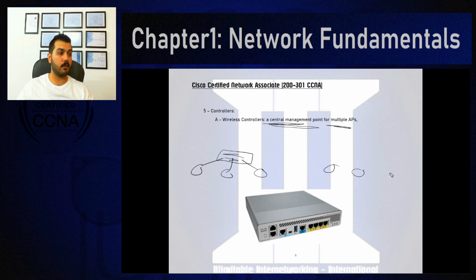or you can have this type of topology of multiple access points connected to what is called a wireless controller. I think the shortcut would be WLC for the wireless controller. Okay, wireless controllers. Okay, connected to a WLC, or your access points connected to a switch and then to the WLC. The function of the wireless controller is a central management point for multiple APs, because